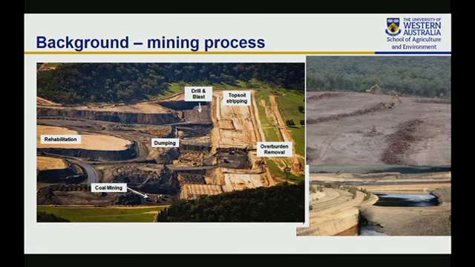So this is a bit about the mining process directly. Again, this is just a little bit of background information. Generally with mining, they go through and do the vegetation clearance, then you'll come through and do topsoil stripping, overburden removal, so that's what's happening there. Drill and blasting, then they'll remove the coal. They'll also dump the overburden back onto the landform behind the advancing face. And then you've got rehabilitation.